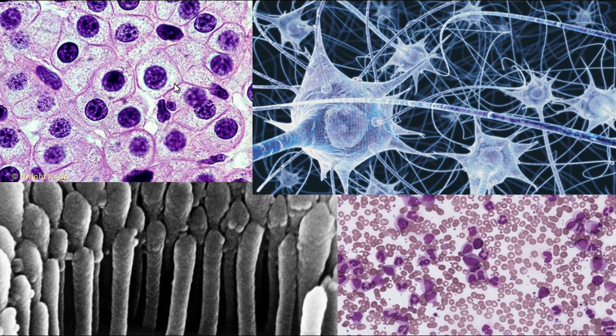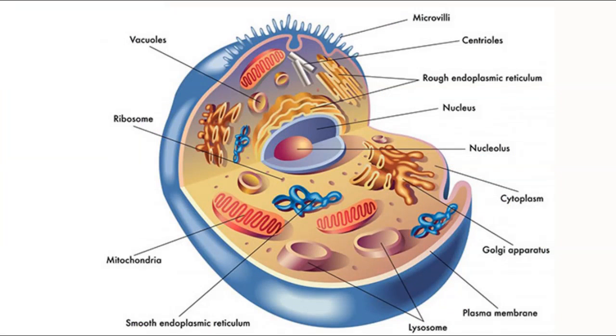Here you've got our skin cells, our brain cells, neurons, our hair cells, our blood cells. As you can see, they don't look alike on the outside, but on the inside they have very similar organelles that serve similar functions as well. Here we have a diagram of what's inside a typical eukaryotic cell. What we're going to do now is go through each of these organelles and talk about them and their